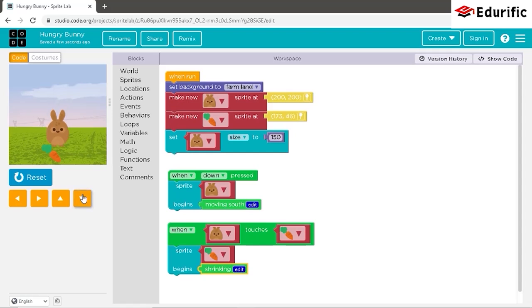It has now touched the carrot. And the carrot has begun to shrink from its original size, and in no time it has disappeared. So this is our project of the Hungry Bunny.